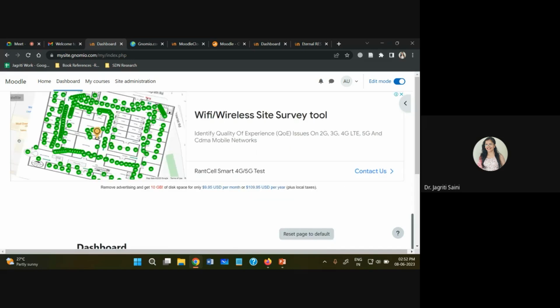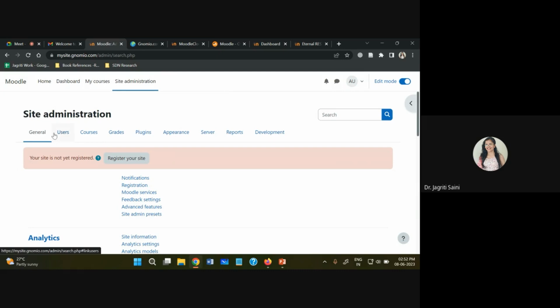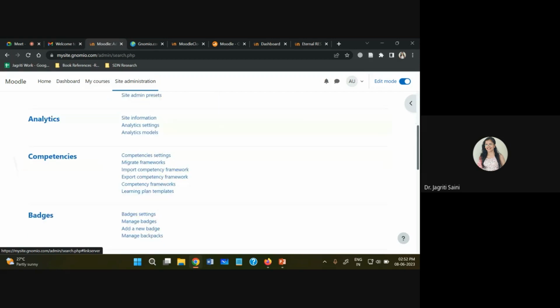So after this, now let us go to another important thing, that is site administration. Because as a teacher, you need to enroll some students on the platform. So you just have to click on site administration first of all. And you can see here we have plenty of options on site administration. There are user management, course management, grade management, a few plugins are also there, appearance settings, changes you can make on the local server or on some web server, that is also there, and a few other things also. And each one of them further is going to have plenty of sub options, as you can see here,